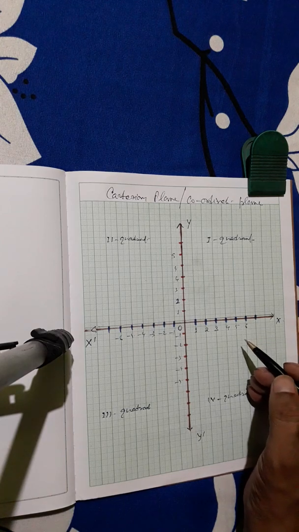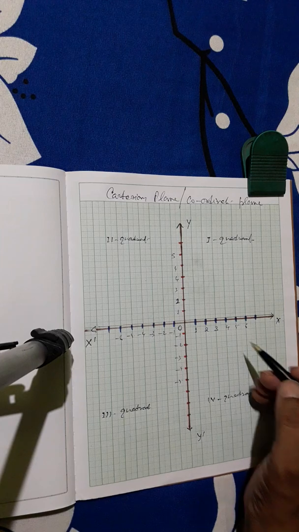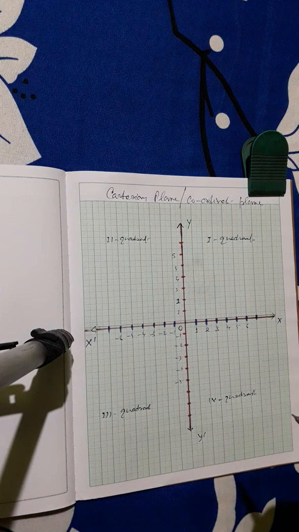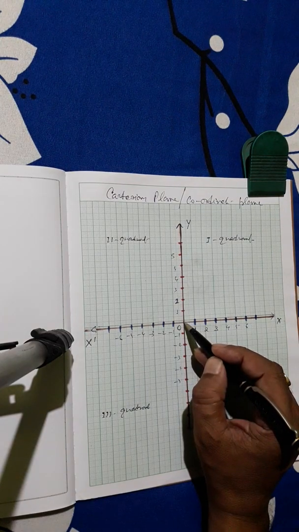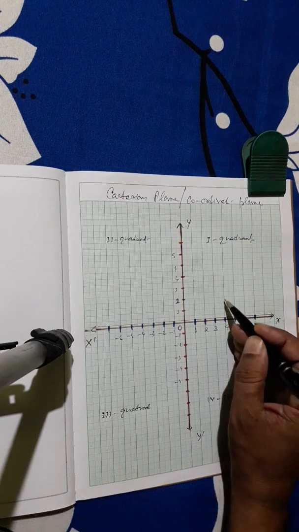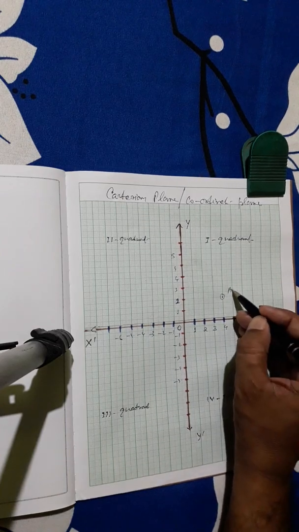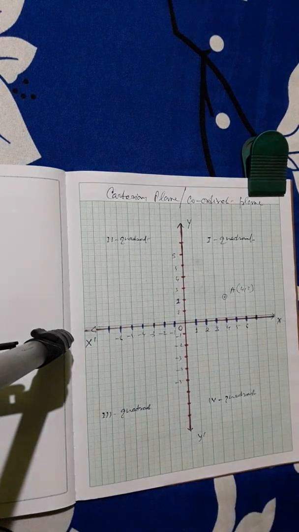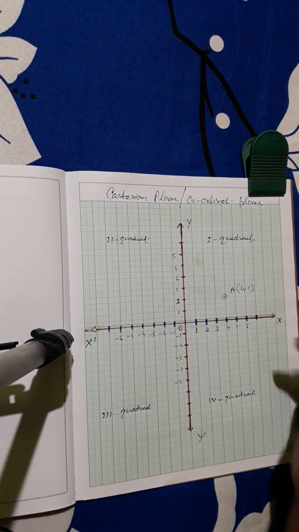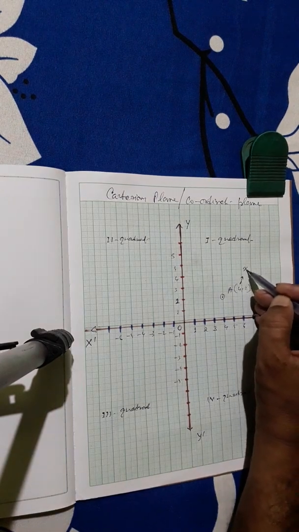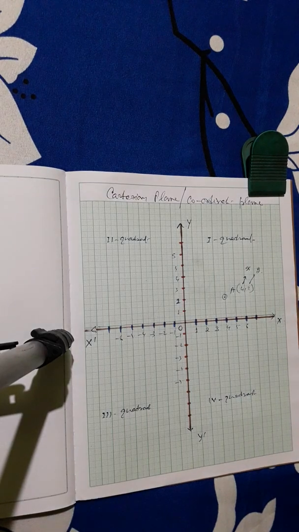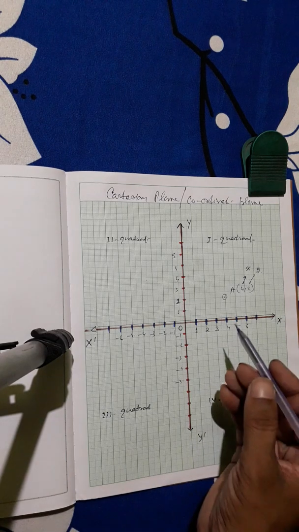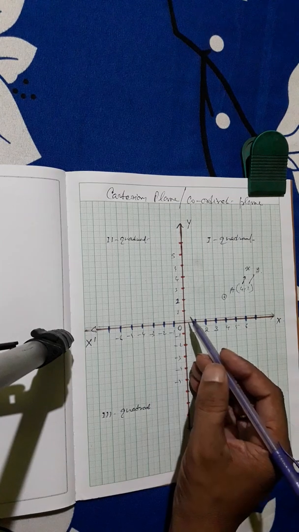First of all, consider a point, that is 4 2. The 4 2 is a point we have to locate on the Cartesian plane like this way. Starting from the origin, first go 4 units along x-axis and then 2 units along y-axis. So this point is termed as a 4 2. 4 and 2 is called the coordinate of the point, where the first number 4 represents the x and second number 2 is representing the y.